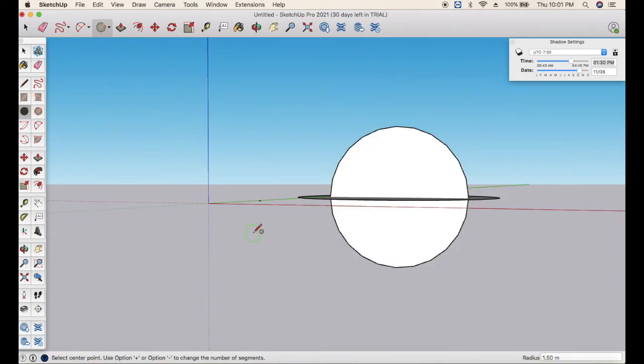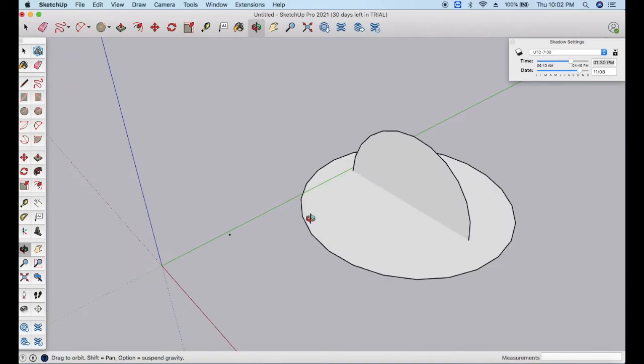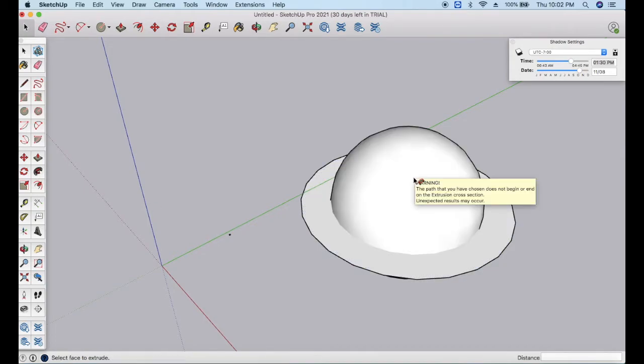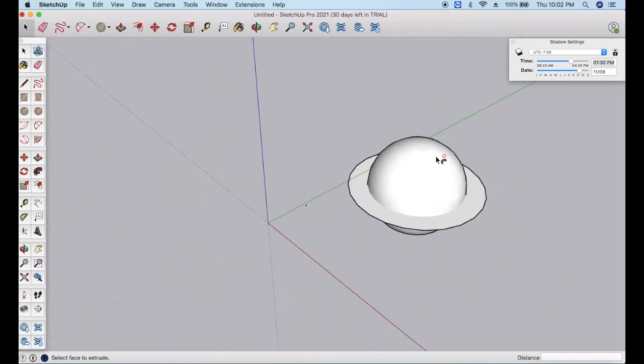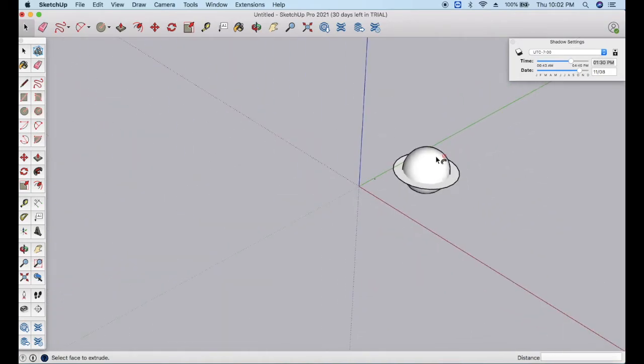In case of donut-like shapes, you can form it on the outer hemisphere, but in the sphere case, you need to form it within the center. So this is how our diagram will look. Now first select the path and then click on the Follow Me command and select this. So from here you can see you are getting the sphere structure.